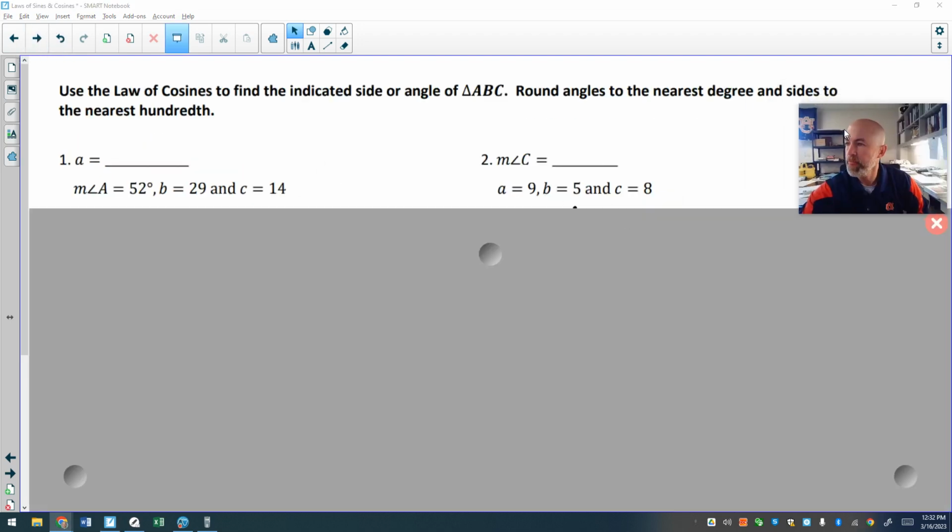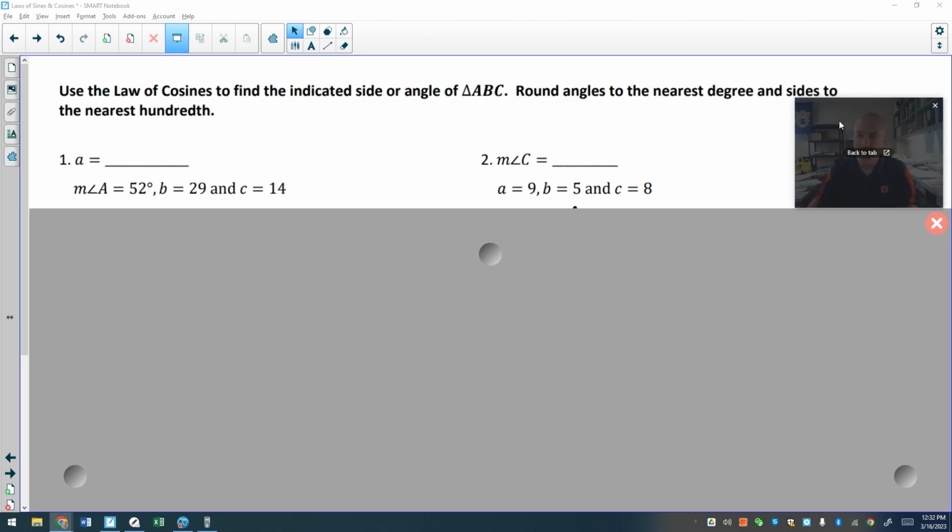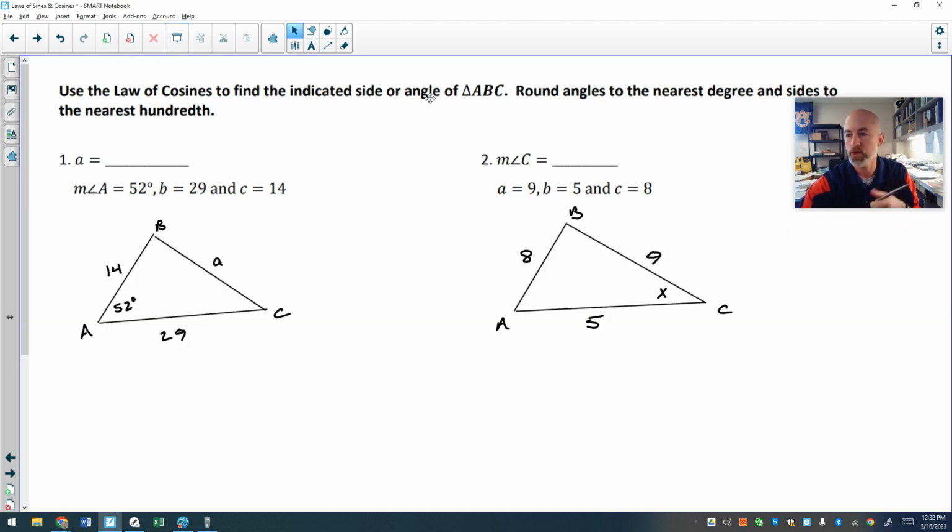And again, I would draw the triangle. It just helps me process things if I have the triangle drawn. But again, if you want to try to set it up, just knowing the convention of capital letter, lowercase letter, and one is the angle, one is the opposite side, that's okay. Here is the triangle that matches number A. And let's look here. And the situation we have here, we are given,